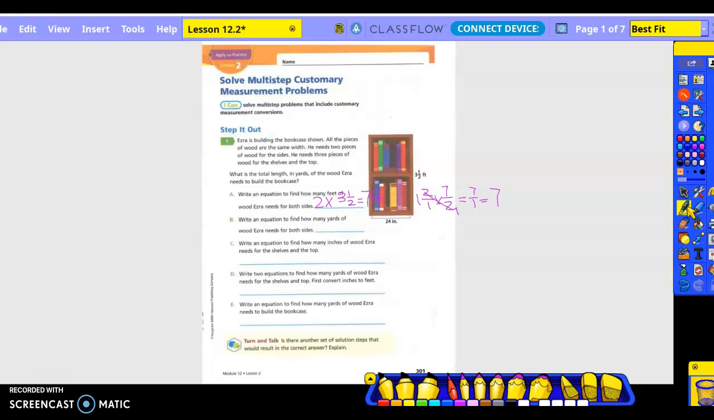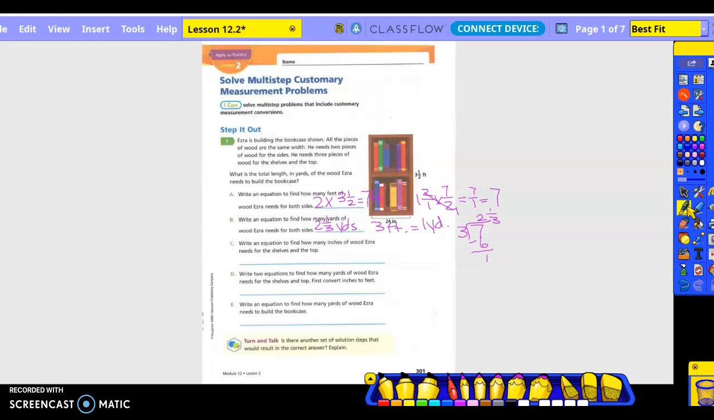Okay. Write an equation to find how many yards of wood Ezra needs for both sides. So how many feet are in a yard? 3. Okay, so 3 feet equals 1 yard. So we would take 7 divided by 3. So 7 divided by 3, which is 2, minus 6, 1, and then we make that a fraction, right? So 2 and 1/3